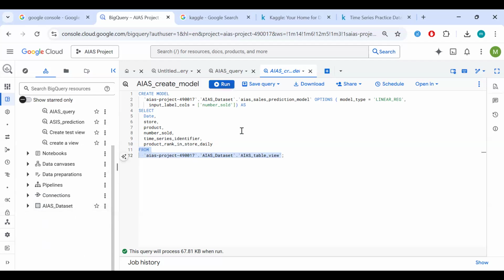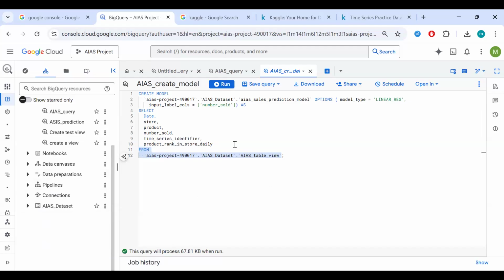So if I run this, it would take some time, depending on your data. It shouldn't take too long, but I've already run it, so we don't have to spend time waiting for it to load, right? So if you run this, naturally, as you can see, this query will process when it runs. So this green tick means that, all right, your query is solid.